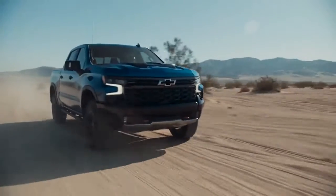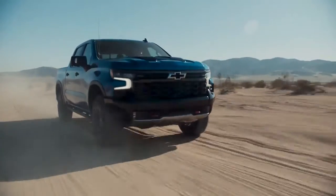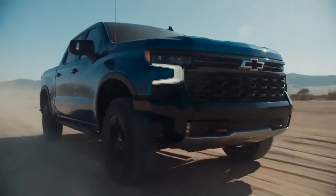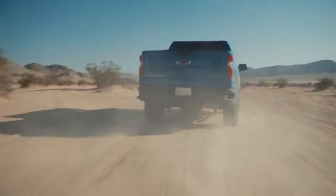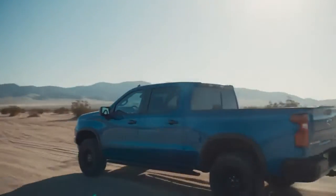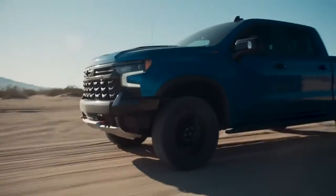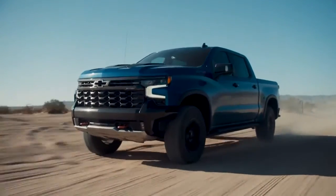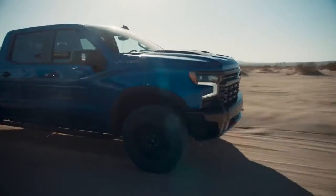The first ever Silverado ZR2 drives into the flagship position of Chevy Truck's factory-lifted off-road lineup, offering race-proven off-road performance customers can buy right from the showroom floor. The ZR2 brings together a premium interior, immersive technology, a number of standard safety equipment features, and off-road prowess in